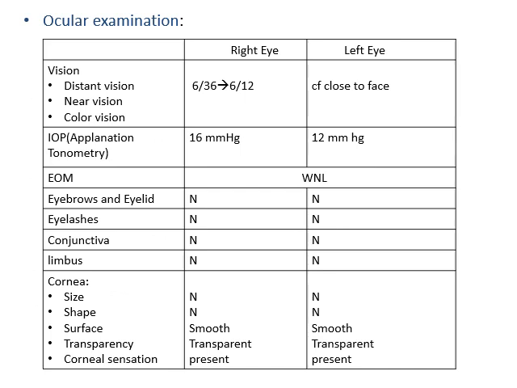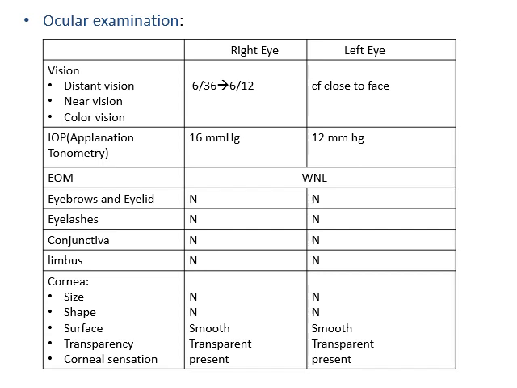Coming to the main part, that is ocular examination, we will examine each eye at a time, and I will also enumerate the pathologies of each part. Starting with vision, vision has to be checked for distant vision, near vision and color vision. Distant vision we check using the Snellen's chart, which you might have seen in the OPD.